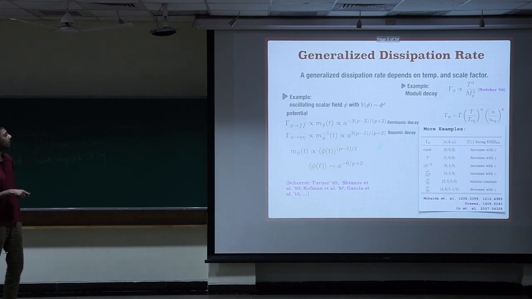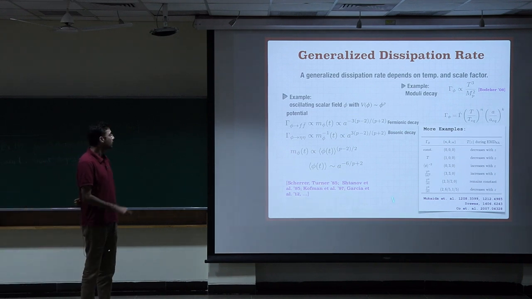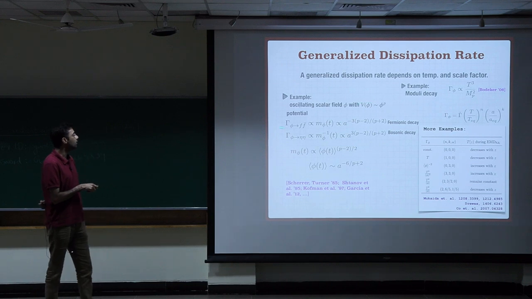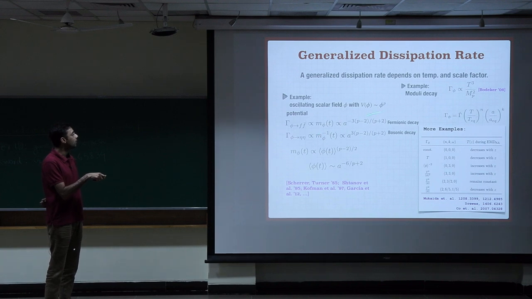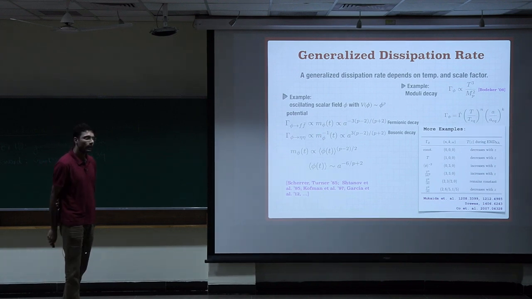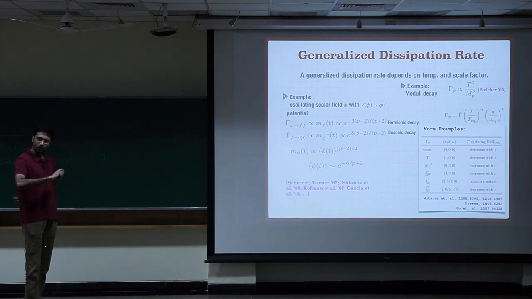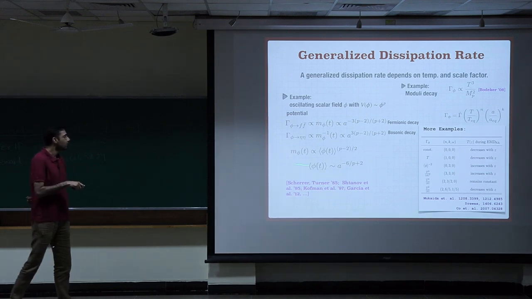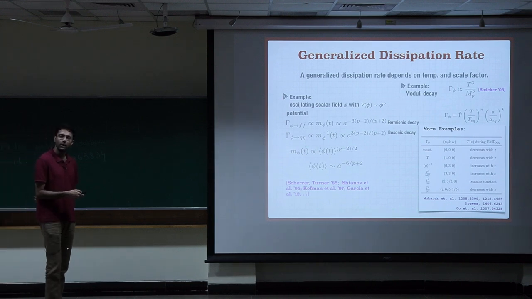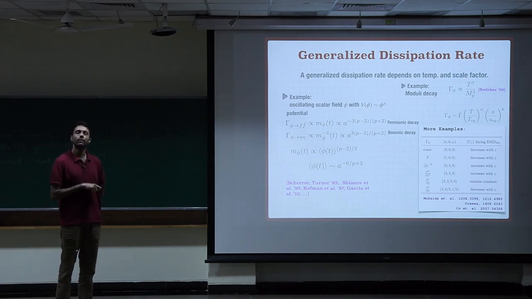So one can directly see that, for example, if that oscillating scalar field has a potential phi to the power p, then if it only couples to the fermions, the decay width or the dissipation rate goes as the mass of the scalar field, which actually scales as a to the power minus the power of this. Or if it is a bosonic decay, the scaling is just the opposite. As you see, the mass also has a field dependent quantity because it's the second derivative of the potential. So via this phi one gets the change in the dissipation rate. So the dissipation rate is never a constant in the very early universe.